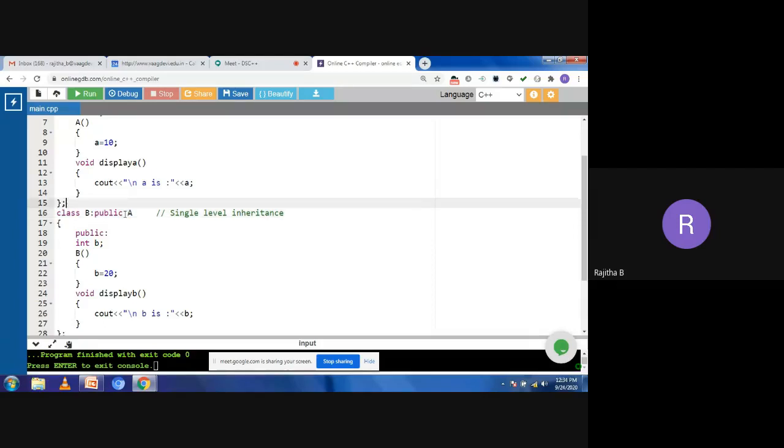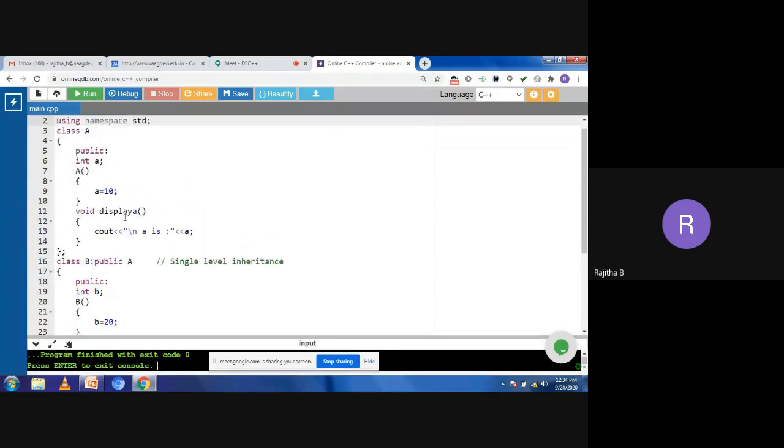So with this syntax, we are deriving the properties. Suppose I am taking the access specifier public. What is the meaning of public here? Public and protected members can be derived into the B class, but private members cannot be inherited into the B class. Why? Because private members can be accessed only within the class itself, not in other classes. I'm taking public here for the data member A as well as the display function, which means I can derive the total class into the B class. I can access the A data member through class B, and I can access the display A function in class B also.